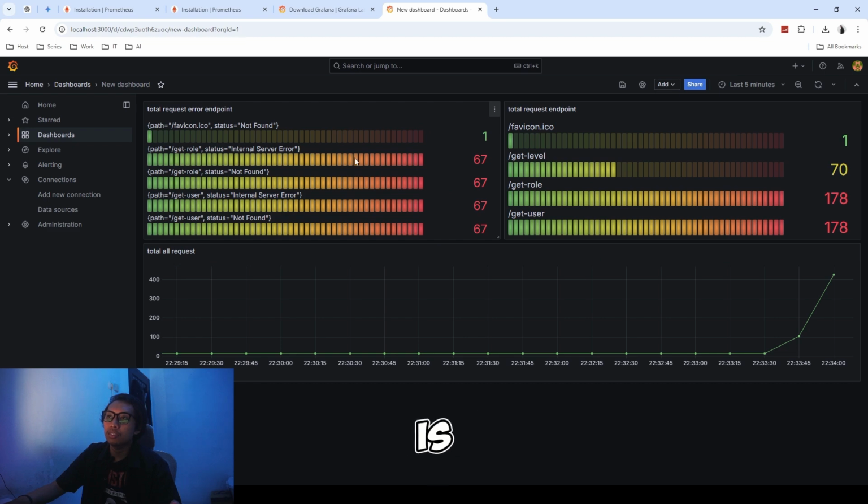Okay, so this is the get role with the error status internal server error. We have 67 errors on get role, and the get role also gets 67 on error not found. And this is also endpoint get user for the error internal server error, and this one also get user for the not found error.